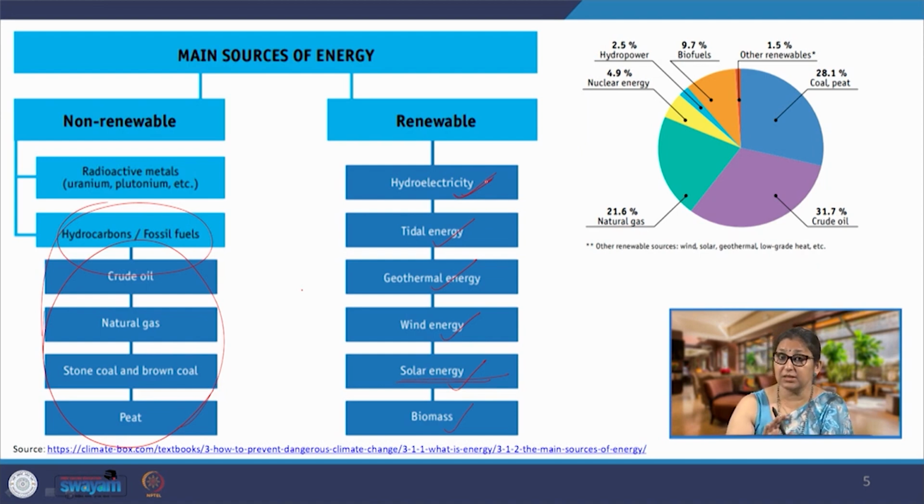Now, we look at the global distribution of how much percentage of energy, electricity is produced using each of these sources. We will see that almost 80% of the total energy is produced from non-renewable sources of energy. We are looking at crude oil, coal, peat, and natural gas. So, we are looking at 80% of the energy being produced by these three, and these are all non-renewable sources